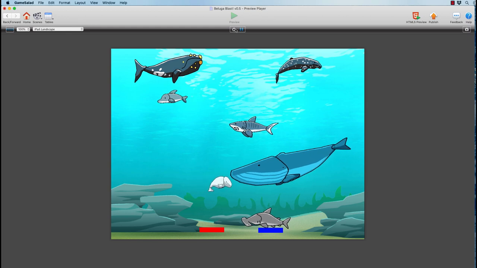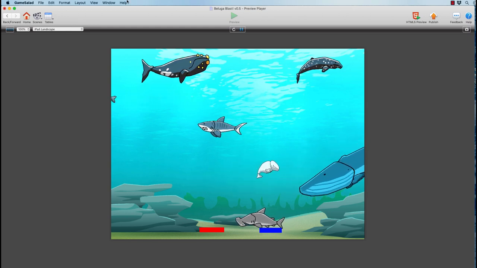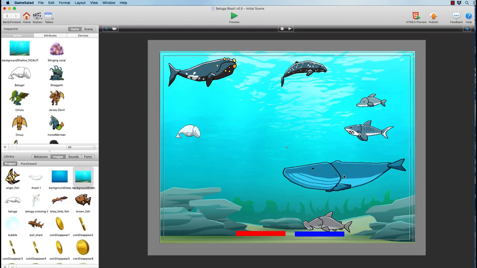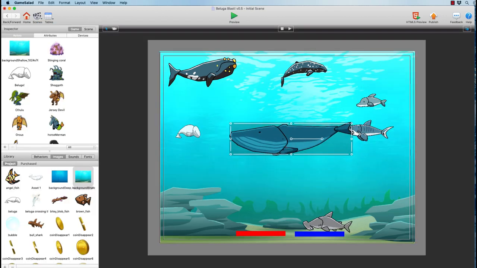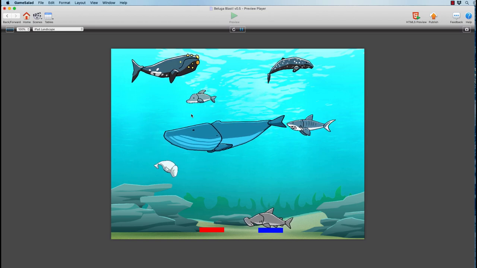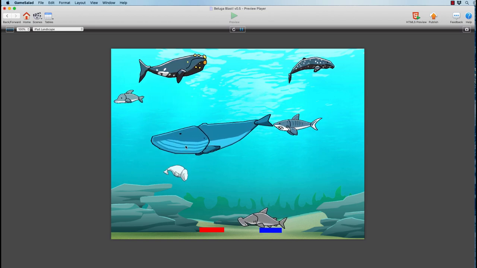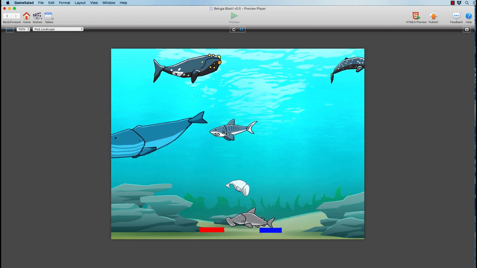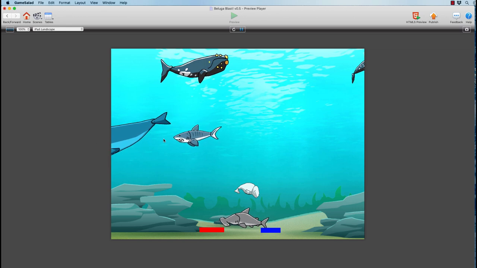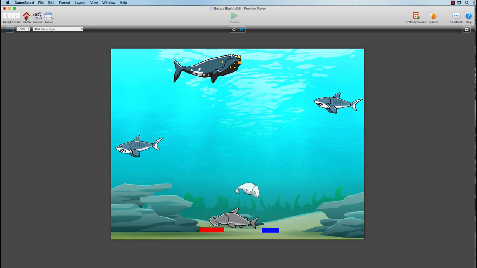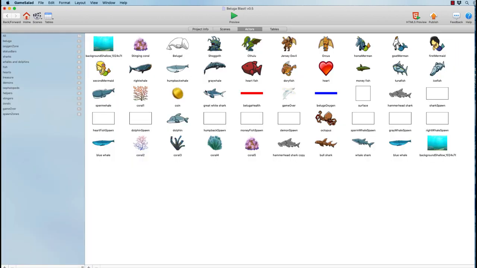So the blue whale is too big to move. There's a better way to do this, because we can easily change things around. So what happens if the blue whale is in front of the shark and the shark moves faster? So there it is right there. You can see the shark is backing up because it's bouncing into it, but it's also not bouncing right now. And what it wants to do otherwise is basically just keep swimming. So it initially bounced into and changed direction when it ran into the whale because of that conditional expression.